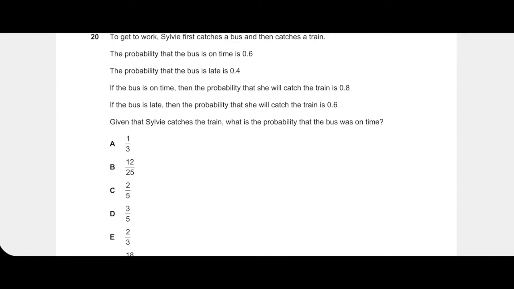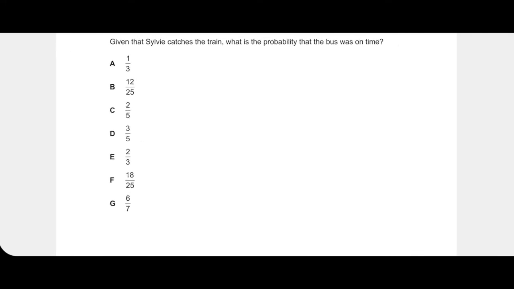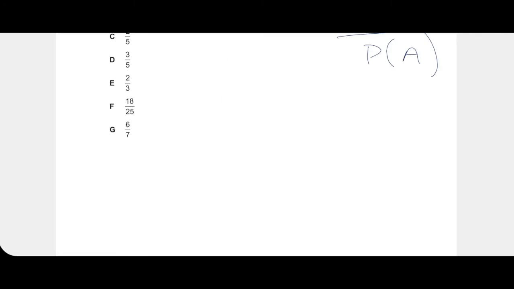Step number 1 would be to draw a probability tree or tree diagram. I'm not going to do that because this question is very, very straightforward. Now I am going to write down the equation that I'm going to use and the substitutions for that equation. So now I'm going to substitute my values in. So 0.6 times 0.8 over 0.6 times 0.8